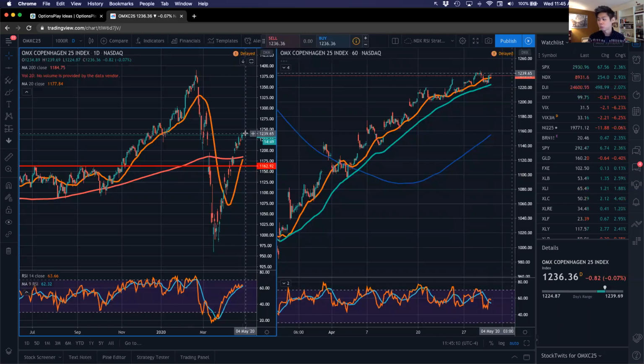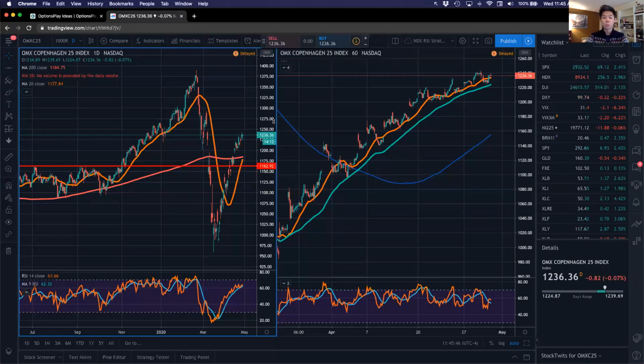I think part of it is due to the fact that there was some concerns that with Sweden not locking down their economy as a result of coronavirus, they were going to lag behind. They certainly have lagged behind from that perspective, but I think they're certainly over the hump right now. And I think investors are starting to see the benefits of that, that by not locking down fully, their economy has not suffered as much as the Danish markets, which had a full lockdown. So those are some of the key themes. So going in the next week or so, I would expect that the Swedish markets would continue to outperform the